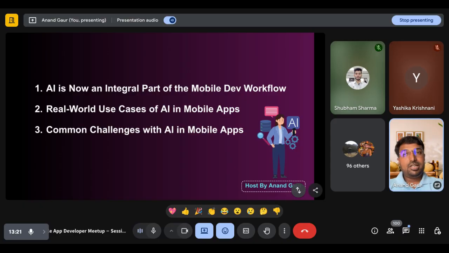Recently, in the WWDC announcements for iOS, ChatGPT will be built into Xcode. In the coming days, all tools will have AI implemented. Tools like GitHub Copilot, Firebase ML, Google Gemini, and MediaPipe for real-time face tracking and gesture recognition will be used in mobile app development,